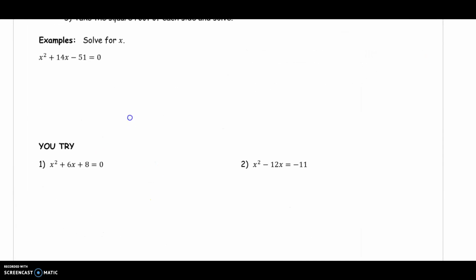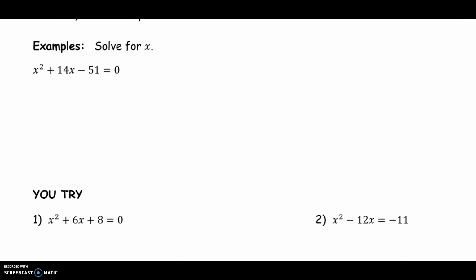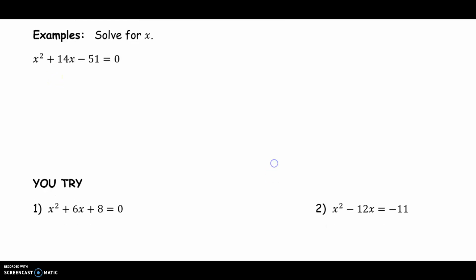Okay, so for example, x squared plus 14x minus 51 equals 0. So when you want to use completing the square, first of all, the coefficient of x squared should always be 1, which it is in this case. I want to move my constant, which in this case is 51, to the other side. And I get x squared plus 14x